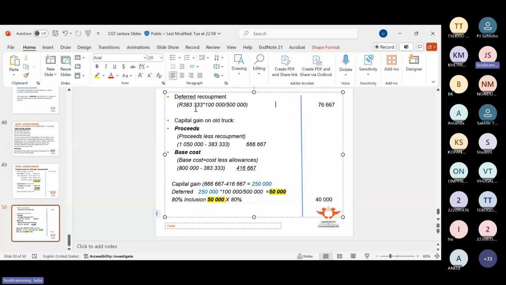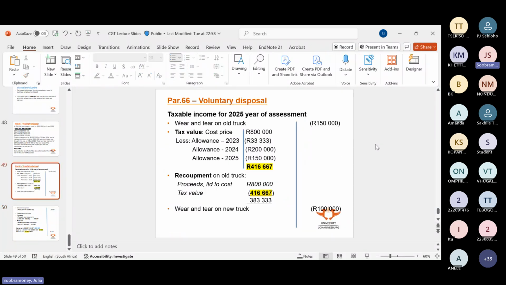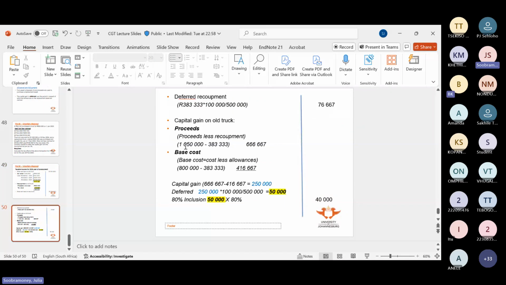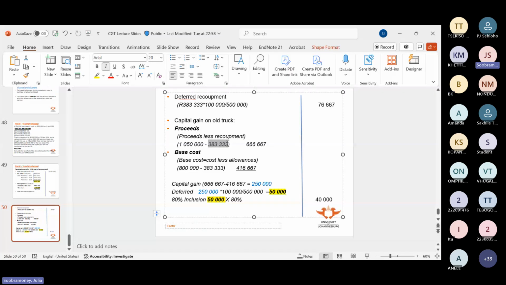So what is my first step in capital gain? Proceeds less base cost. So what is proceeds? It's my selling price less my recoupment. Was there a recoupment in this question, guys? Yes, there was. My recoupment, my total recoupment was 383,333. So what do I say? I say my selling price of 1,050,000 minus recoupment. Please take note, students, you never use the deferred recoupment. You will use the total recoupment. Okay? So make a note for yourself there. So to give me my final proceeds of